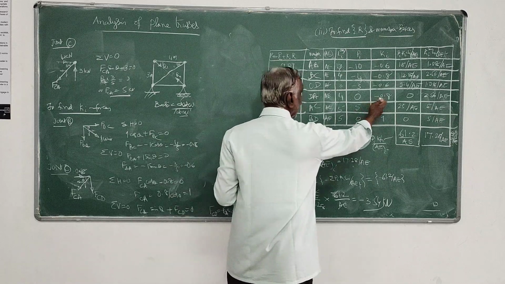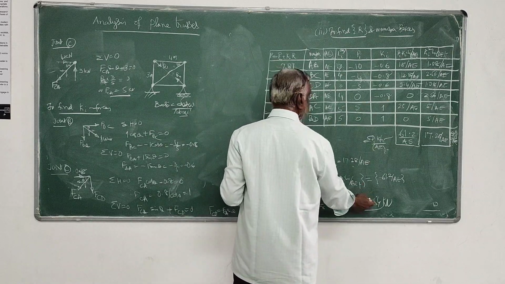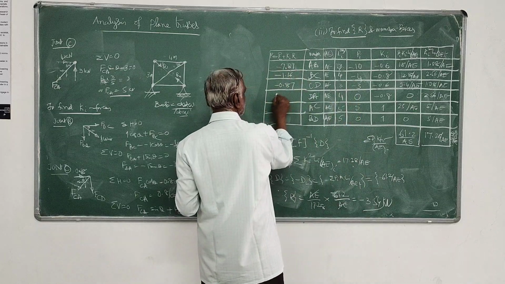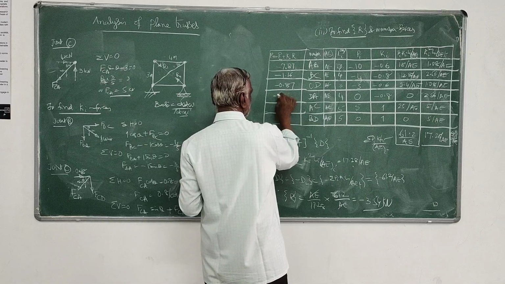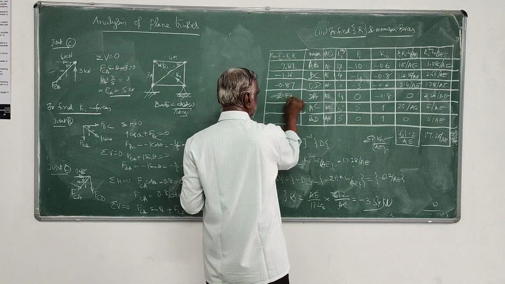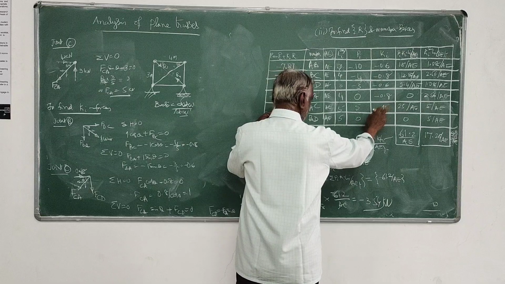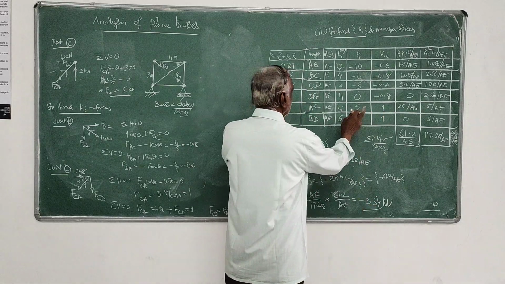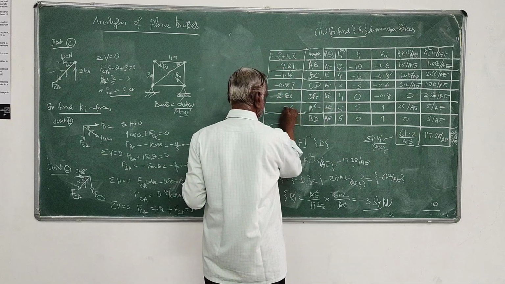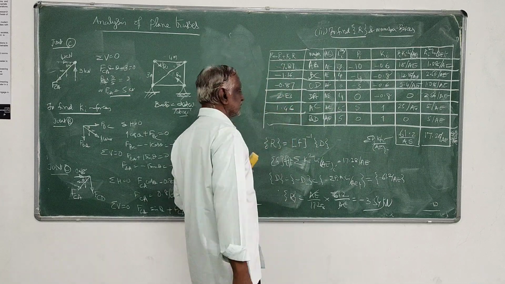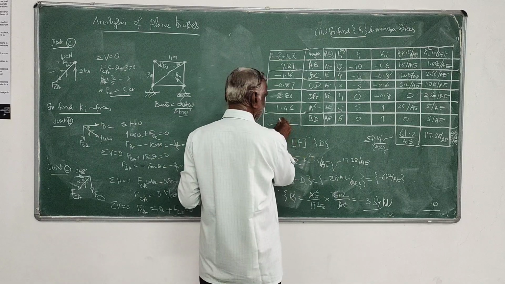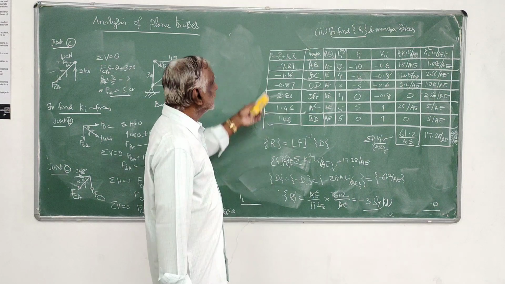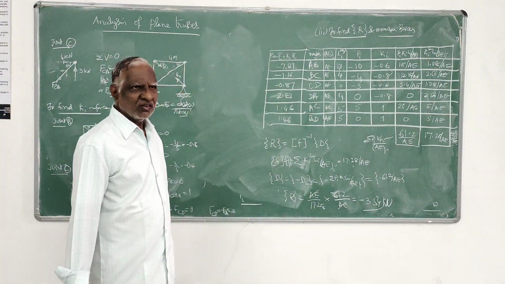Then here minus 0.8 into minus 3.54 plus 0, plus 2.83. Then this, it is 1 into minus 3.54, minus 3.54 plus 5, 1.46. Then this, I think that's also 1.46. These are the final forces.